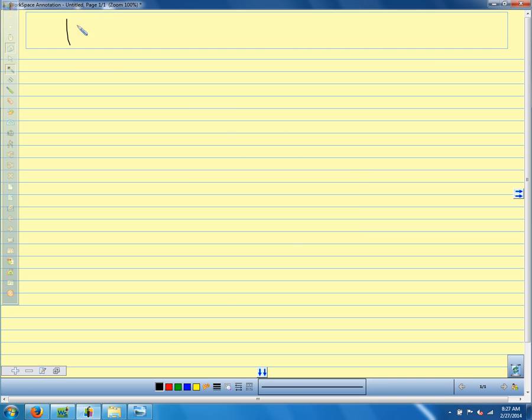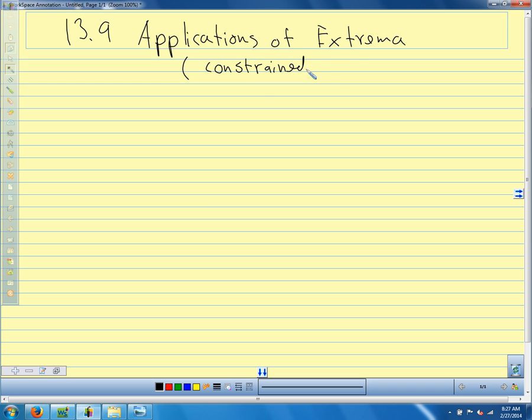We're in section 13.9. We're going to talk about, our book calls it, applications of extrema. And what we're talking about today really is constrained optimization. So all I want to do is go through a couple of examples of constrained optimization,